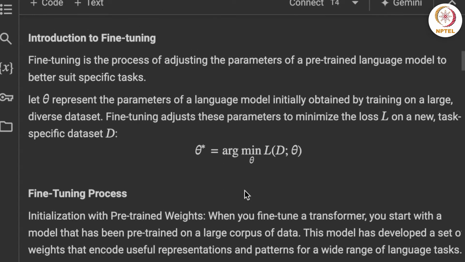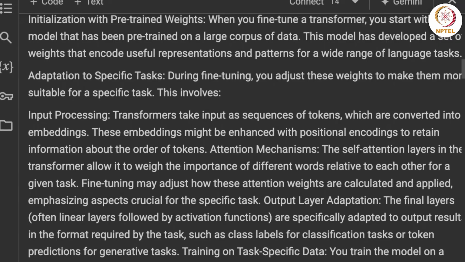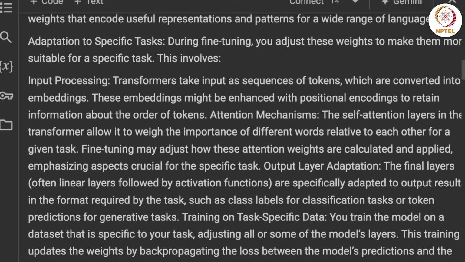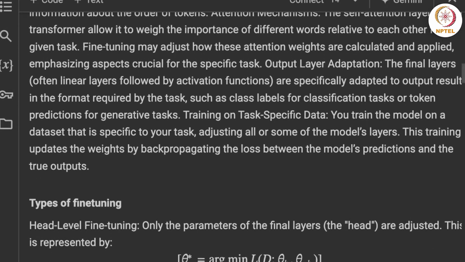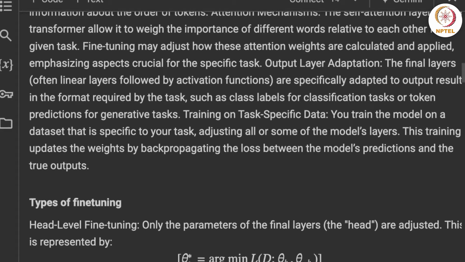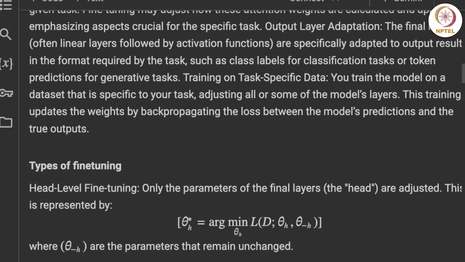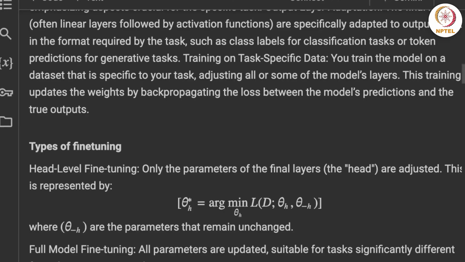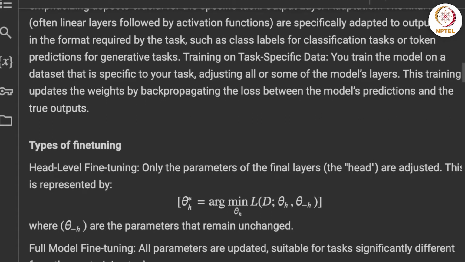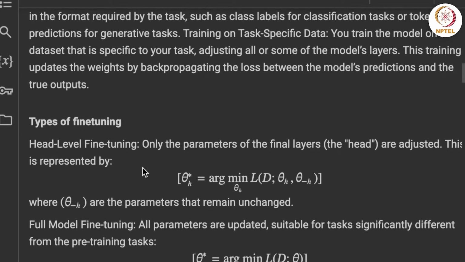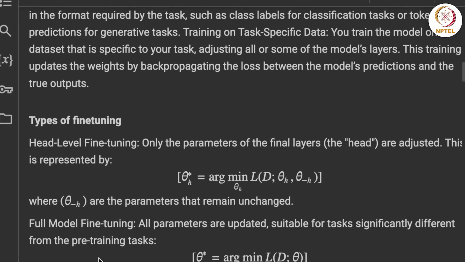This process of optimization, that is the fine-tuning, involves three types. That is head-level fine-tuning, where the weights at the head level are updated. Then we have full model fine-tuning, where all the weights of all the layers are updated for the downstream task. And then we have layer-wise specific fine-tuning, where only the selective layers' weights are updated. Generally, it is always recommended to first apply head-level fine-tuning,